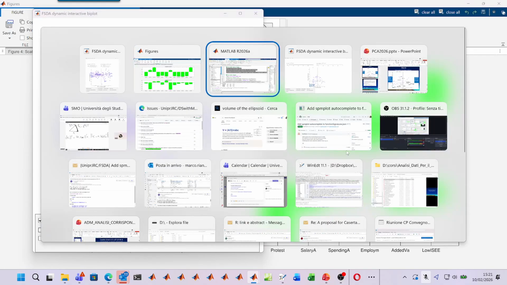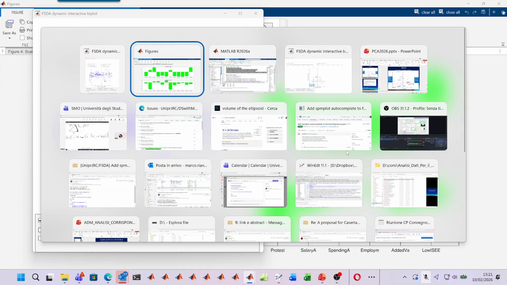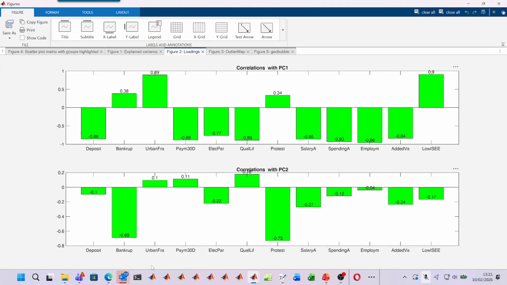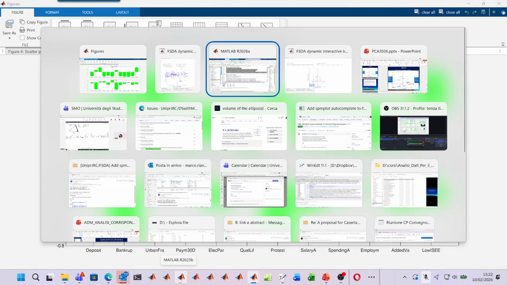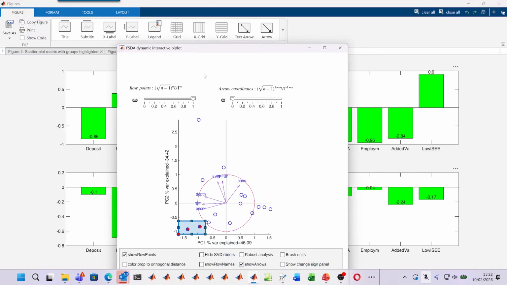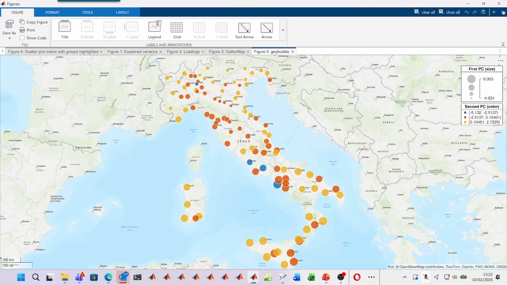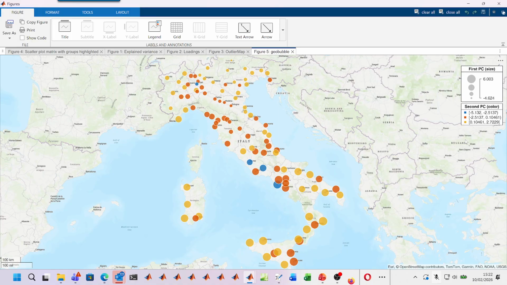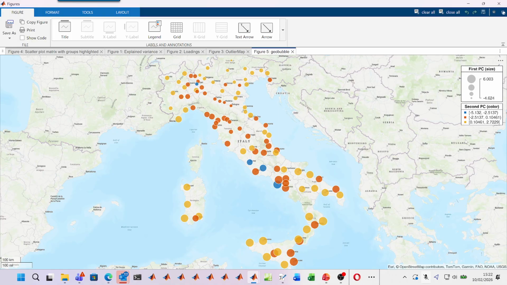Therefore, here, where is the plot? Here, the geobubble: the larger the bubble, the worse your province. And the words are here. You see the blue. Okay, now